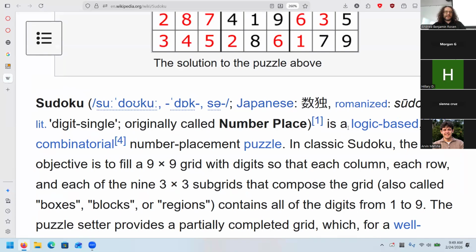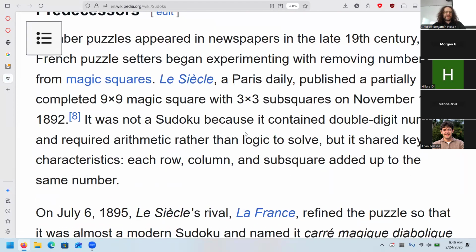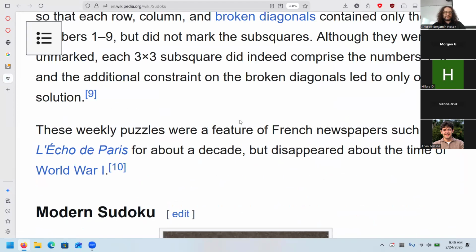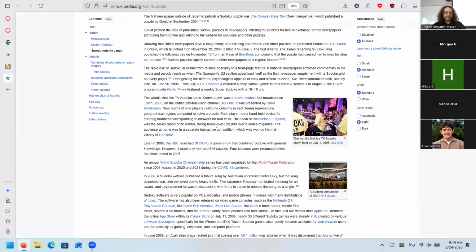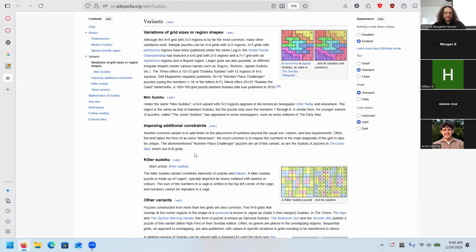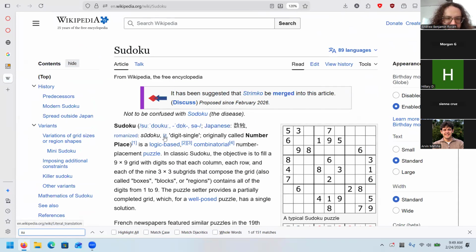It is literally number place, but where is that etymology? Come on. Literally single digit. No, where's the origin?